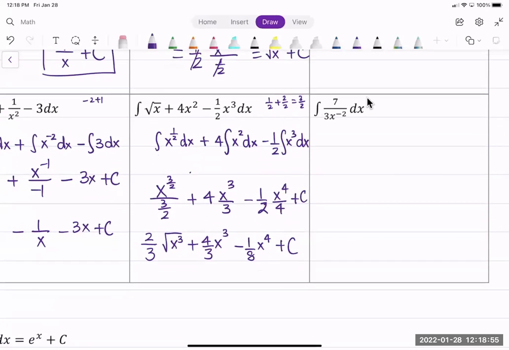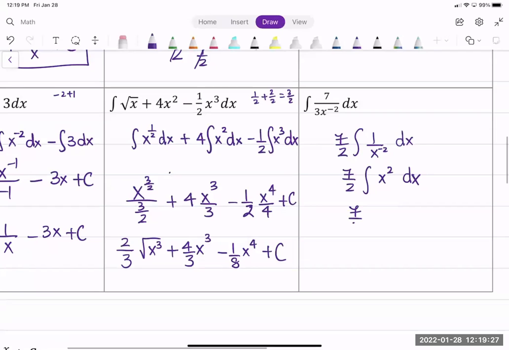The last one, similarly, is only one term, so I don't need to separate it. But my variable is in the denominator, so I need to bring it up to the numerator. I'm going to pull the constant out from the front of the integral, and we want to have 1 over x to the negative 2 dx. This is going to give you 7 over 2 integral of x to the power 2 dx. When the exponent in the denominator is negative, you bring it to the top and it becomes positive. Okay, so you will have 7 over 2 times x cubed over 3 plus c. So this becomes 7x cubed over 6 plus c. All right,